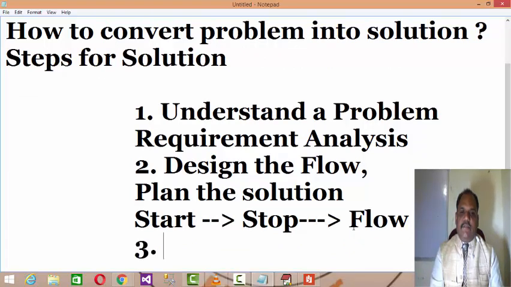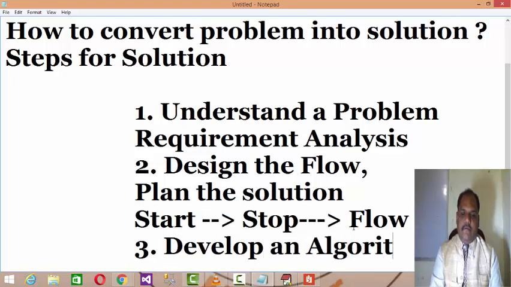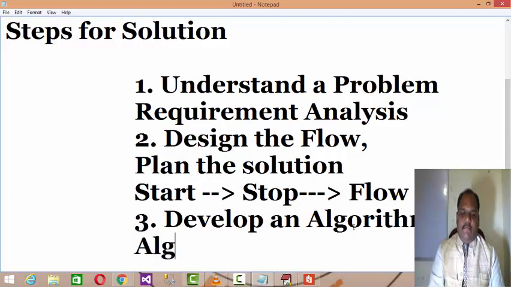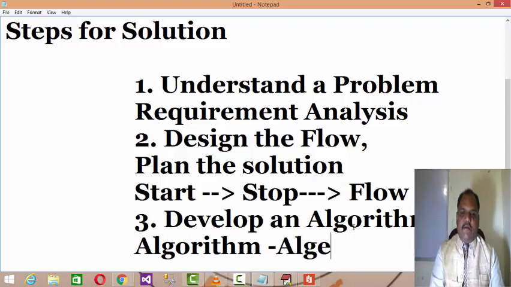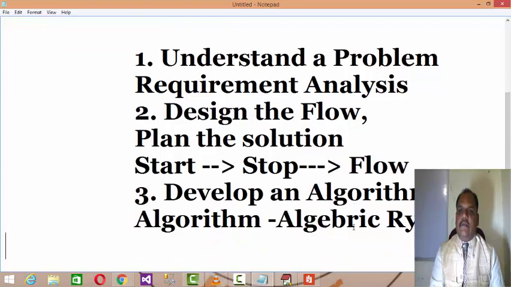And then the third step is to develop an algorithm. What is an algorithm? Algorithm is actually abbreviated from algebraic rhythm. Right? It's a stepwise elaboration of programming logic.